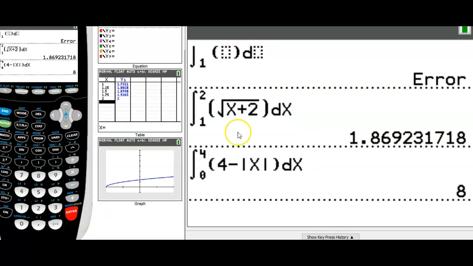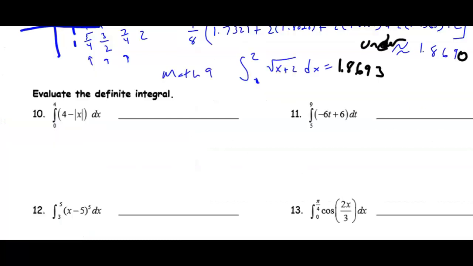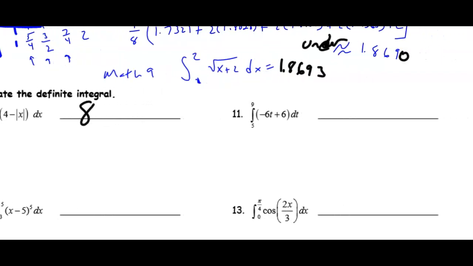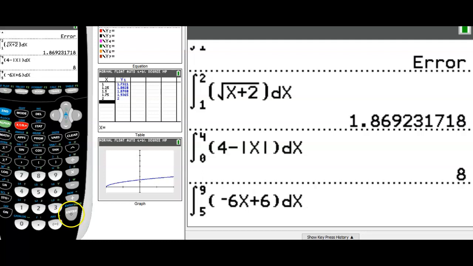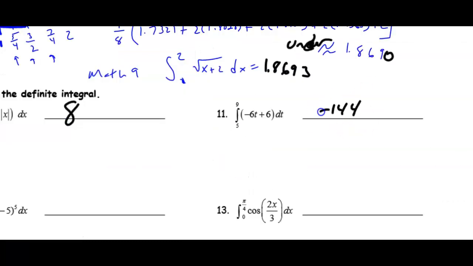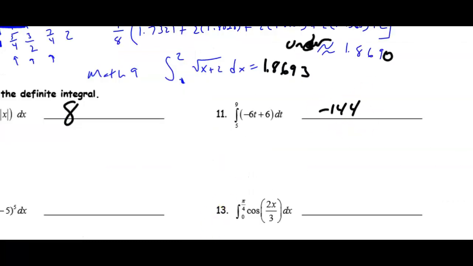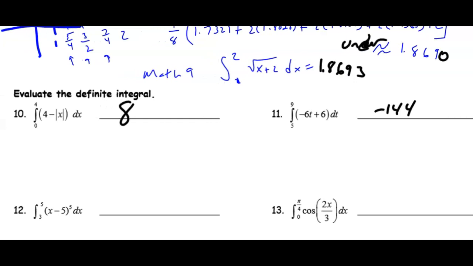And then, boom, 8. Okay, we get 8. So this one's 8. And then we're going to do the same thing for these right here. So real quick, I'm going to run through these. All right, and then we're going to do